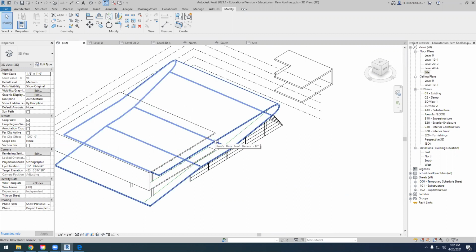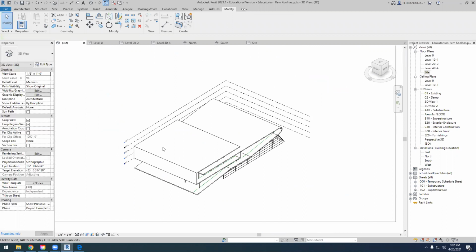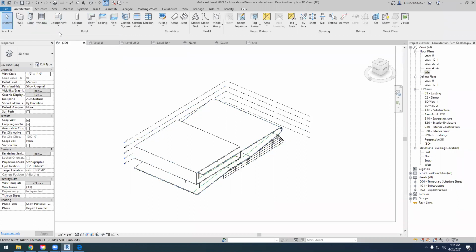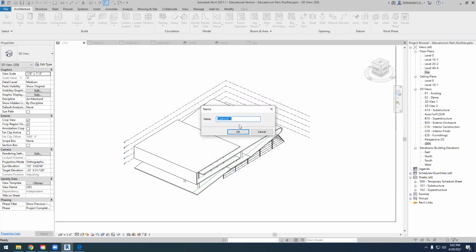We have created this with roof by extrusion, and this is what we are doing now, creating shafts and not void forms. So the void form is good for the massing. If we are working with in-place mass, we can create a solid form or a void form, and it works. If we're working with the component model in place, we have to make sure that we select the same entity, the